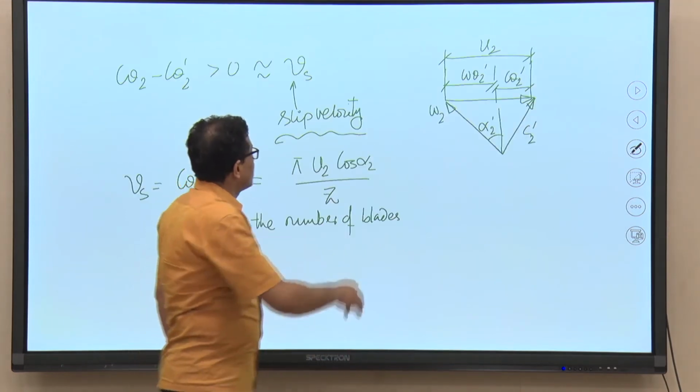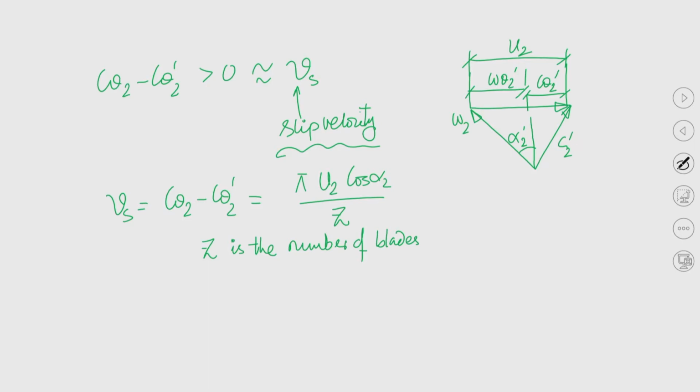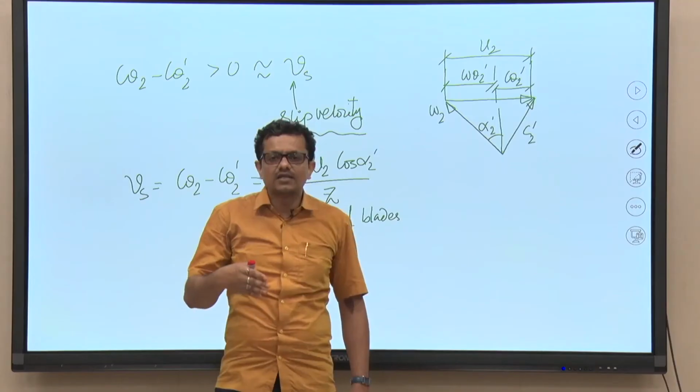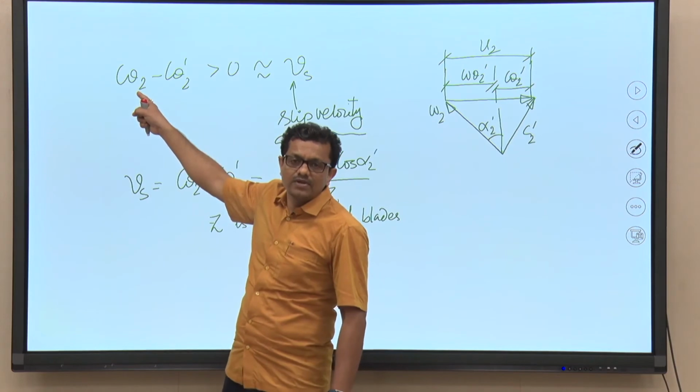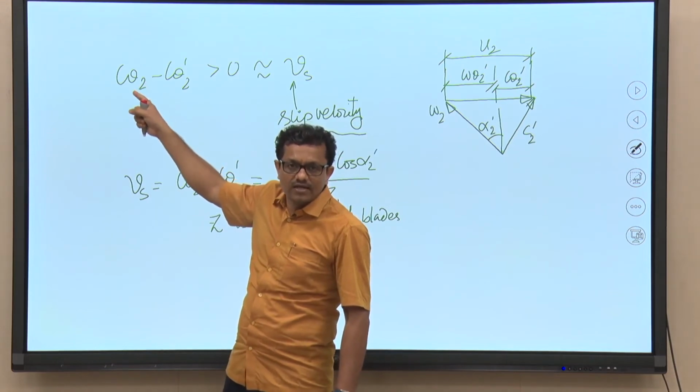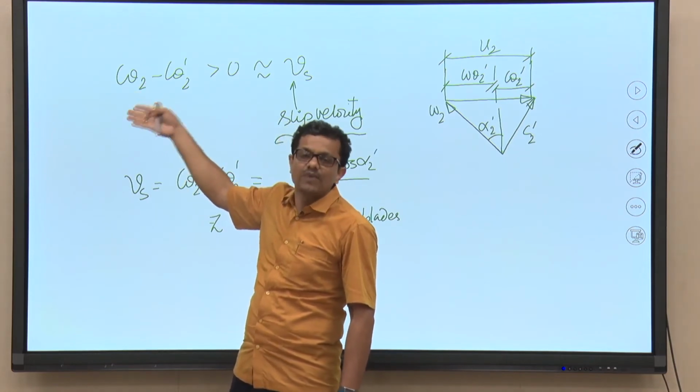Okay. So, basically this is alpha 2 prime, but I have written it in generic form. So, this is alpha 2 prime. The slip velocity is nothing but the difference between the components of swirl velocity when there is a rotation of the pump impeller and when there is no rotation of the pump impeller, right. So, c theta 2 is the swirl component of velocity at the outlet which we are expecting to get, but this is basically when there is no pump rotation.